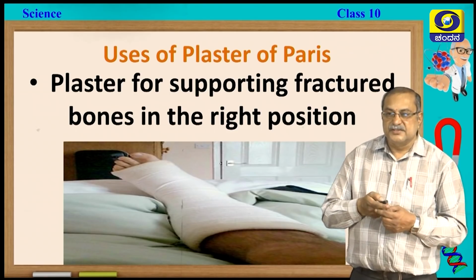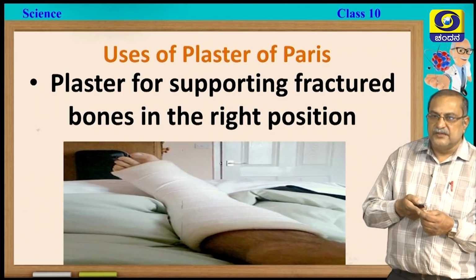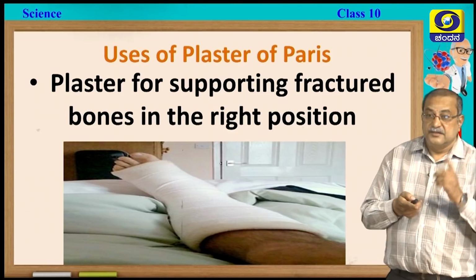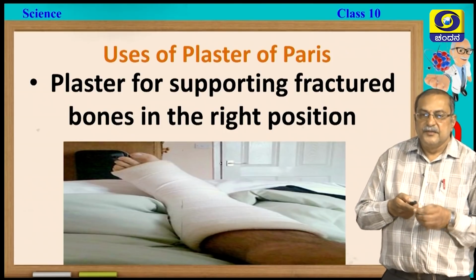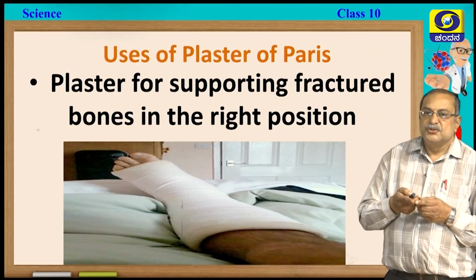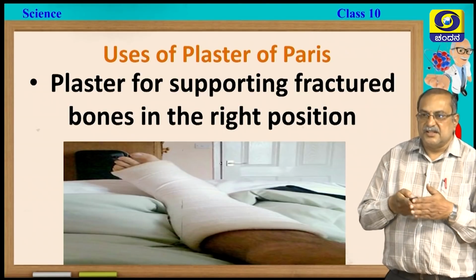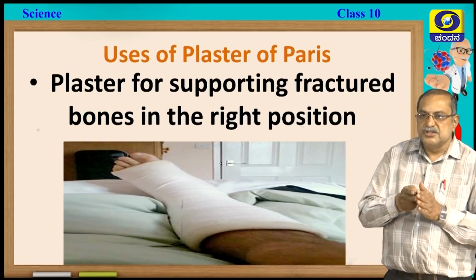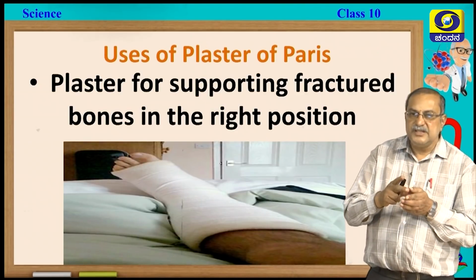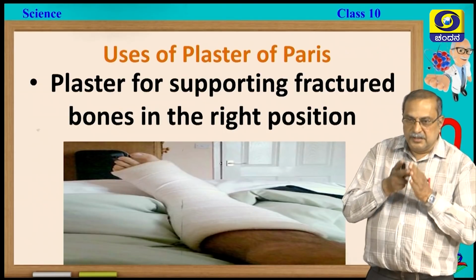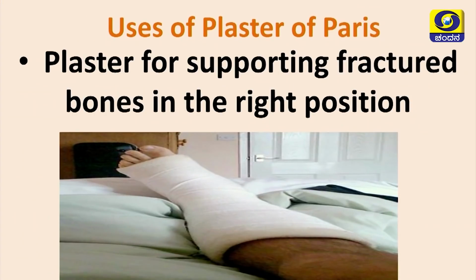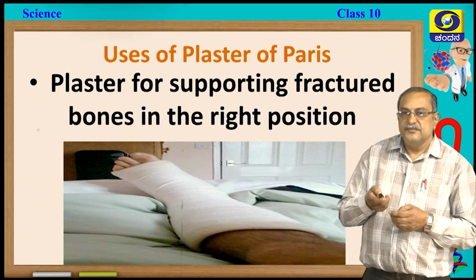So, what are the uses of gypsum salt? Here, see plaster of Paris, what we are using. Gypsum salt is used in cement manufacturing, that you will learn later. Here, we are going to learn the uses of plaster of Paris. It is used to set bones in the right position. Whenever a fracture occurs, it has to be set in the same position and should not move. So, to support the fractured bone in the right position, they will plaster it in hospitals. You might have seen broken bones being set right like this. Okay, this is one of the uses.